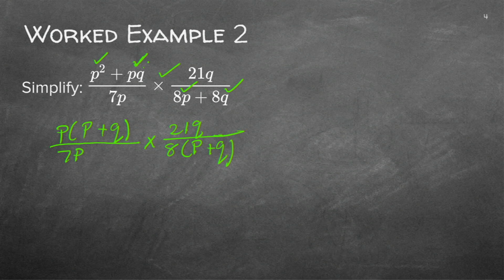Okay, so at this point this is what you have, and you can simply say you have p, let me just use a different pen, you have p plus q, the bracket of p plus q there, and another bracket of p plus q. So you can easily divide those two values, okay? So you can easily cancel out. That's the terminology that we use, but it's actually dividing them out. And now it means you are left with p. Let me continue using green. It means you still have p,